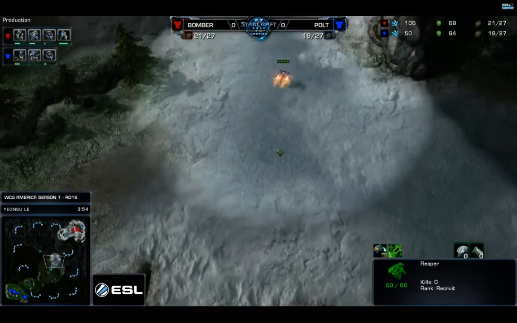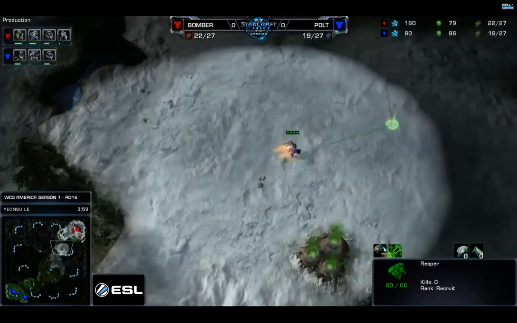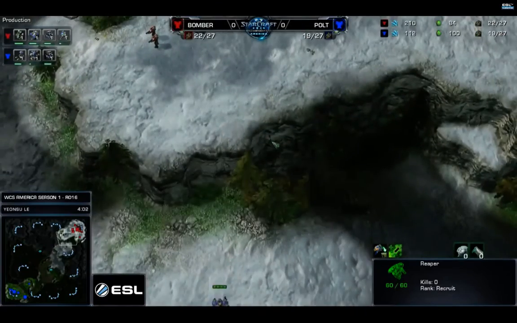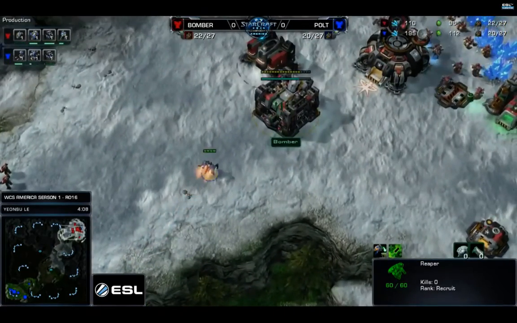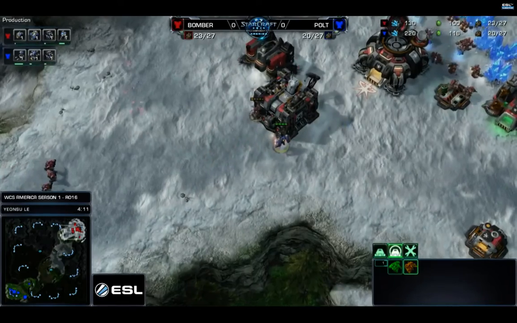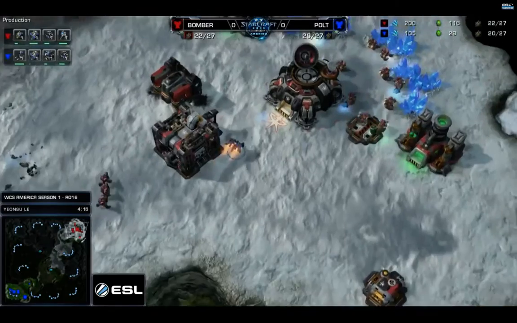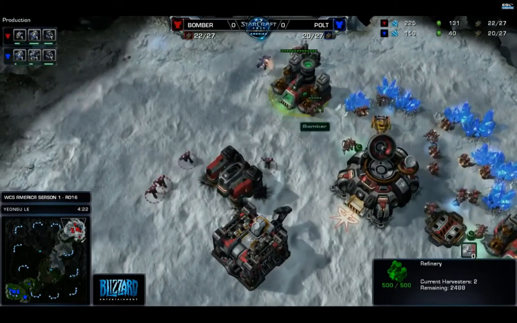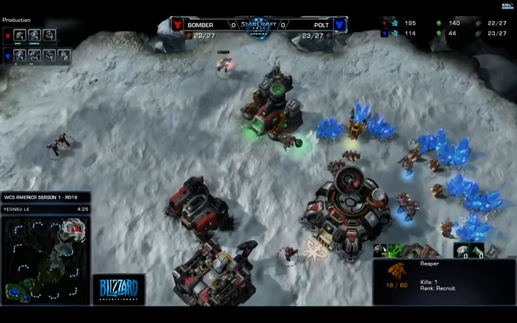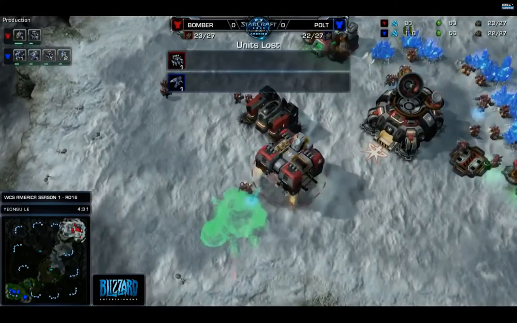So, Polt plays a very standard game, and even Bomber played a slightly cheesier game because he got a fast third command center and fast double upgrades. But we're going to see how Polt's super standard play is able to triumph over Bomber's slightly more unorthodox play style. So if you want a player to copy, then definitely copy Polt and all of his decision making that we're going to see here,